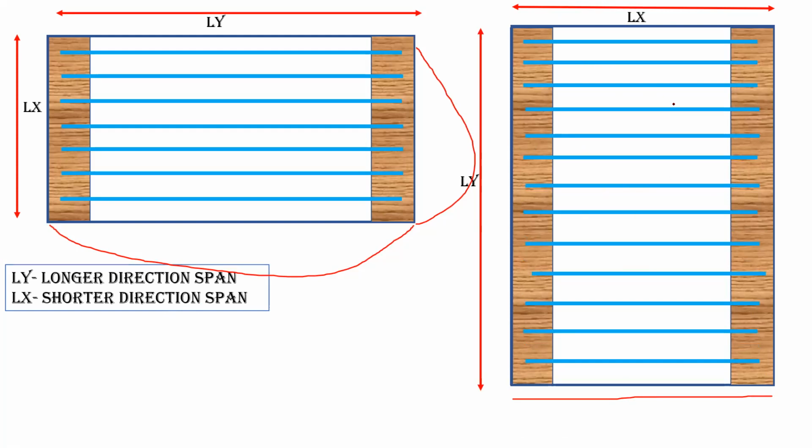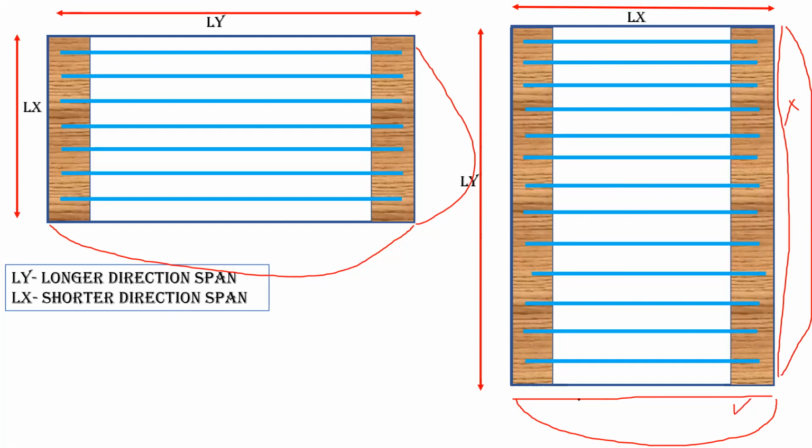Now, how is the slab going to bend? Again, the slab is going to bend in this direction, right? Whereas the slab is not going to bend in this direction. The reason is that this support and this support are going to stop it. So this bending will not happen, and only this bending will happen. Since this bending is happening, we have to provide reinforcement bar, that is rebar, parallel to that direction. That is why you can see these blue color lines, right? They are the rebar provided to stop that bending.